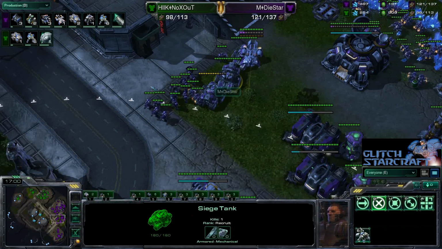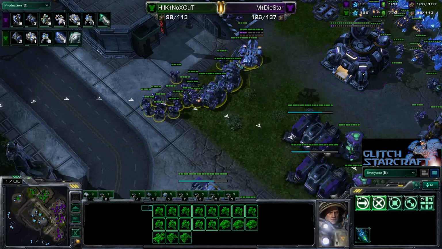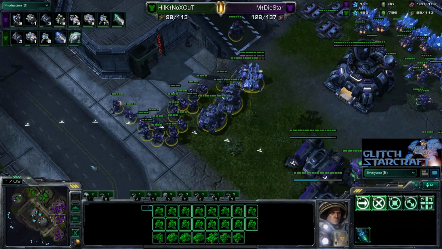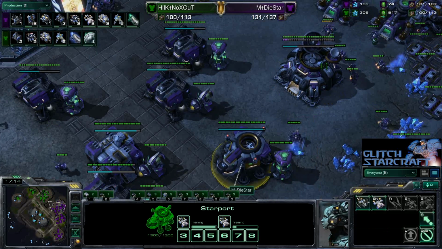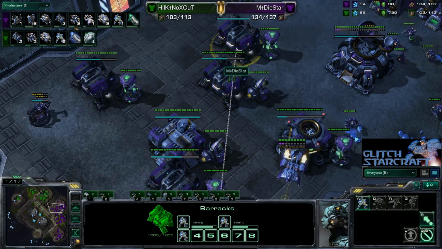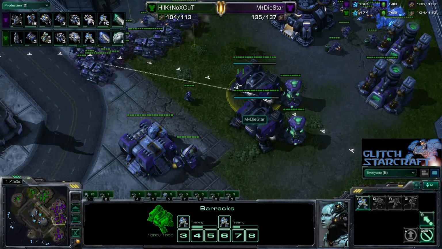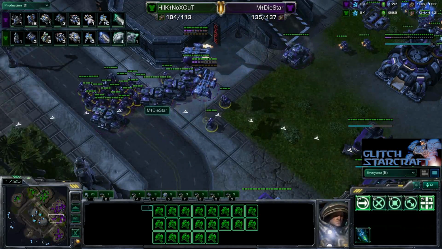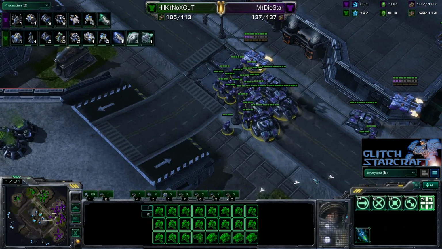So that's another thing I like about this build, is that it's super flexible. It allows you to just get down whatever production structures as you need them. As you take expansions, as your resources start to get high, you just start to throw down more barracks or more factories, whichever you need more of. In this case, DieStar is opting to go for a little bit heavier on the Marine count. Looks like he's now even going to start to be going for Marauders because he saw how many siege tanks